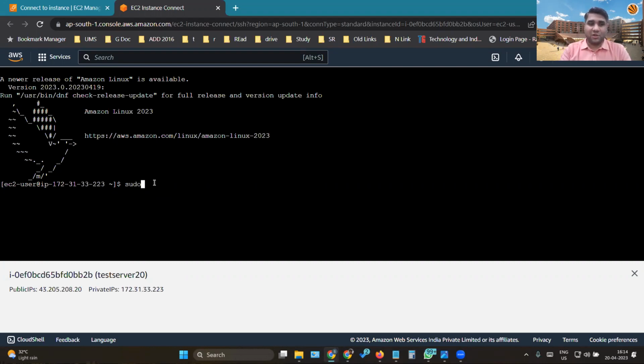Now let's do it. The very first thing that we are doing is accessing the super user. We have just entered as a super user. Earlier, if you look at it, it was EC2 user through this local IP, but now we entered as root, which is the super user. So now I have all the admin privileges.